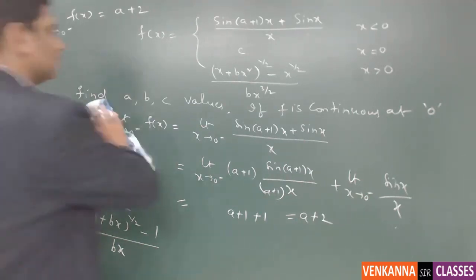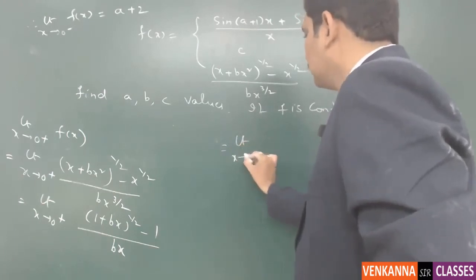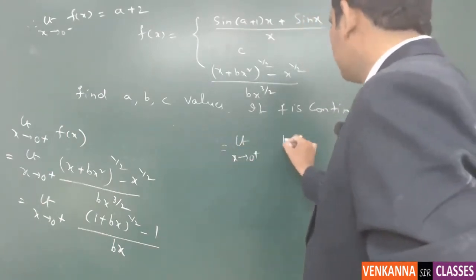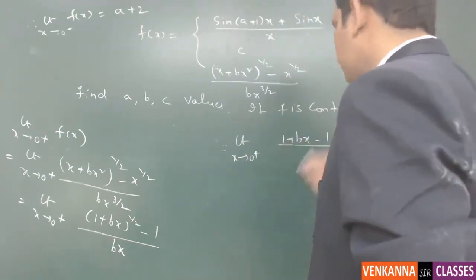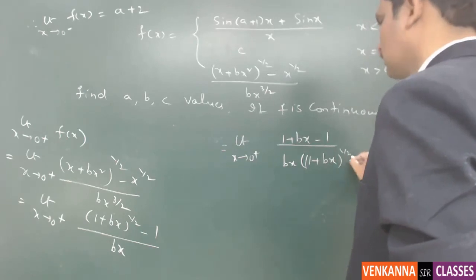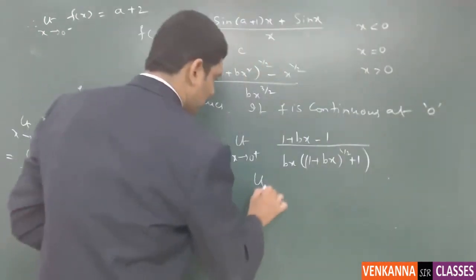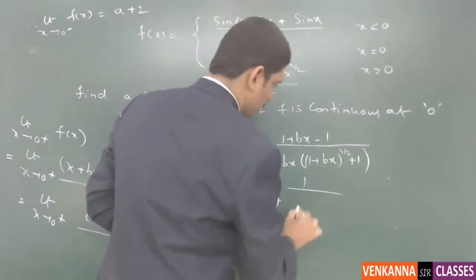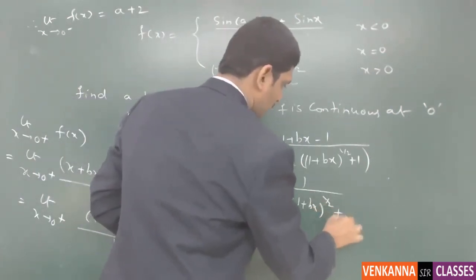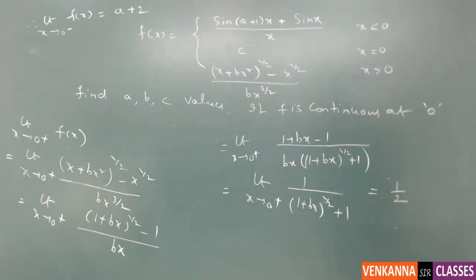Okay. So if you rationalize here, it will be limit x tends to 0 plus. By rationalizing here, 1 plus bx minus 1 by... Do you accept the value? Right. So the right hand limit value is